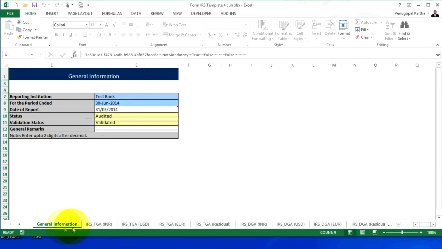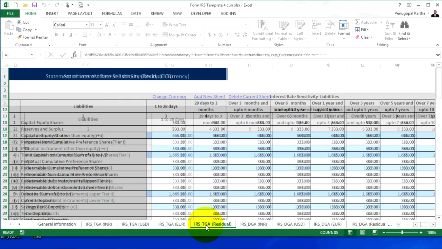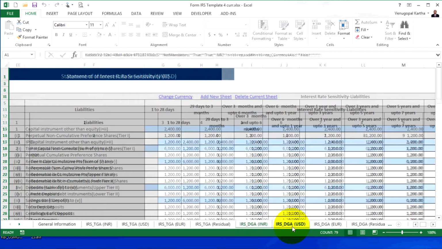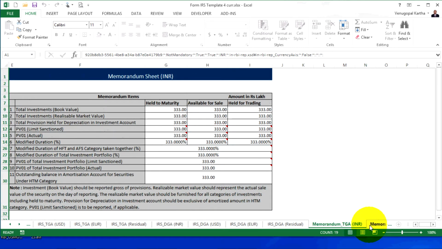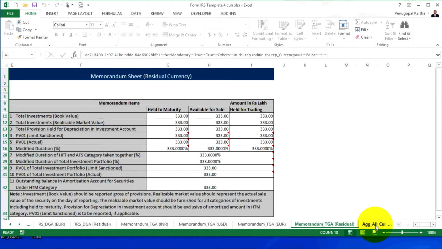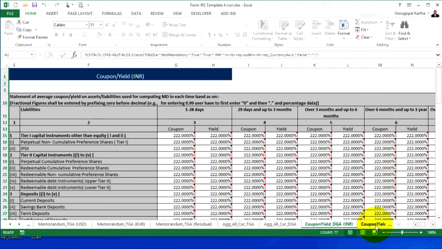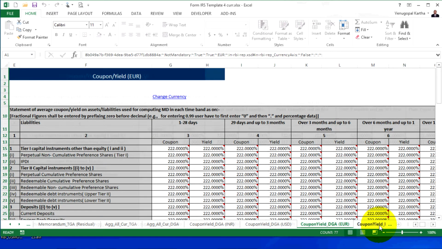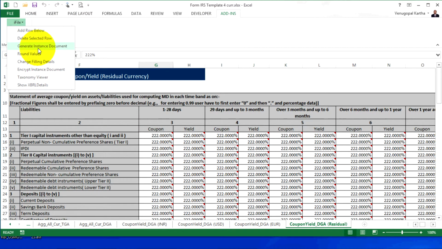This page, INR, USD, Euro, residual, DGA INR, USD, Euro, residual, memo, INR, USD, Euro, a coupon, each currency. That's it. Now you go to add-ins, I file, generate instance value. That's it. Your data is transferred to XBRL very easily.